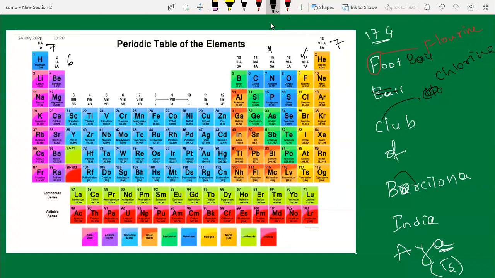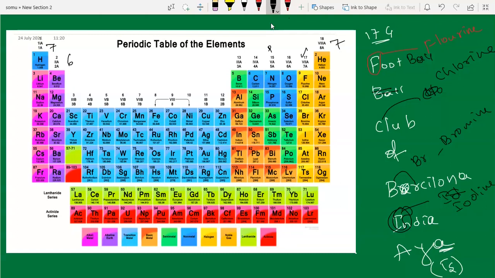Barcelona, from here you can take Br, it is bromine. India से you take I, it is iodine. Actually the spelling is iodine.